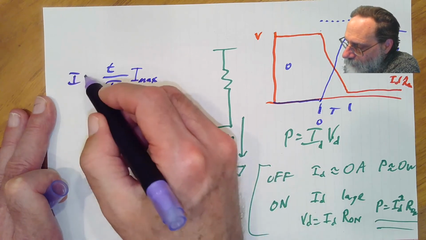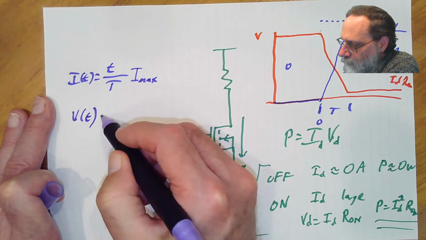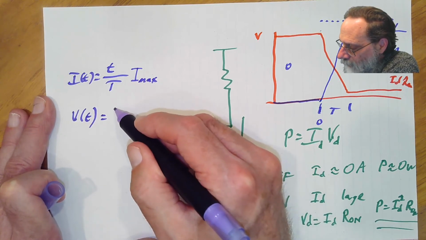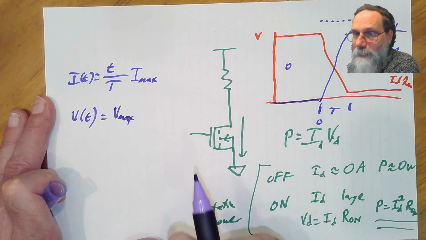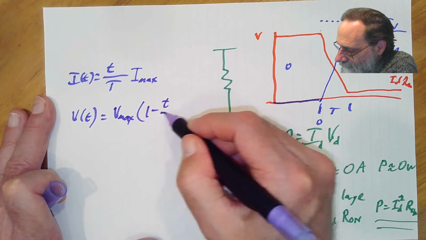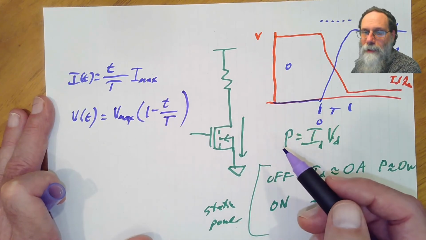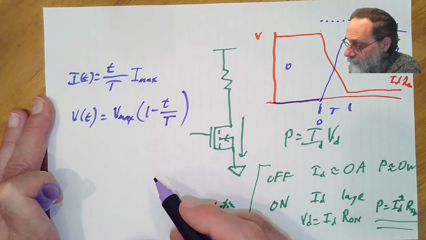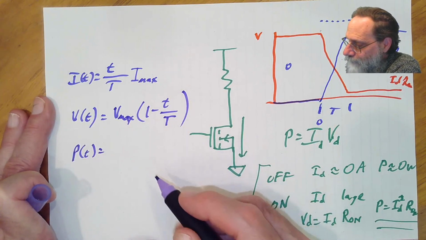So that's current as a function of time. Voltage as a function of time, well, it's going to be Vmax, whatever we started with at the beginning here, times 1 minus little t over T, how long that time interval is. So the power is going to be,